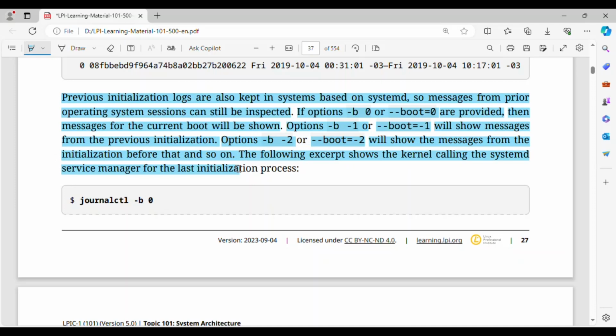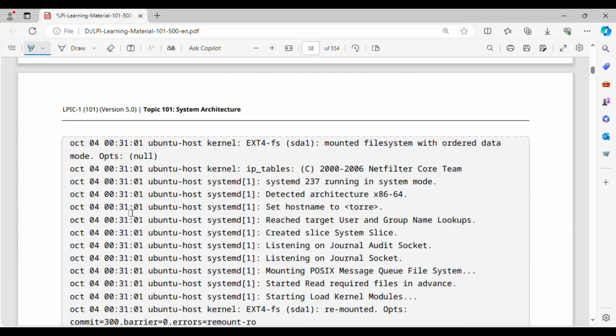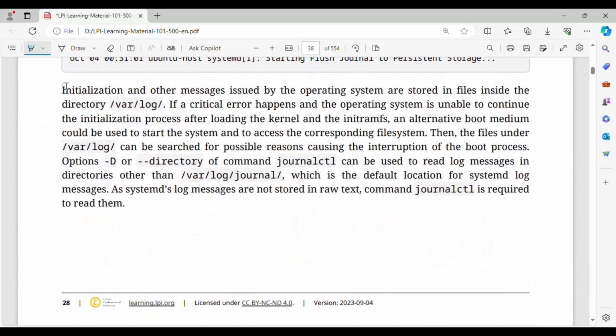The following excerpt shows the kernel calling the systemd service manager for the last initialization process. $ journalctl -b 0.